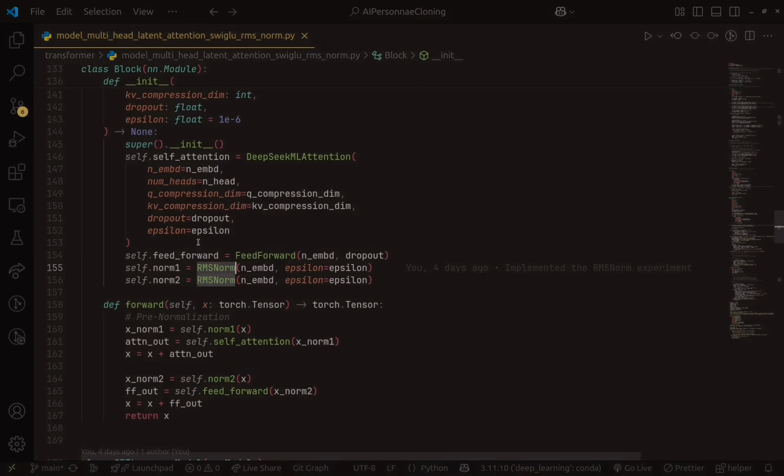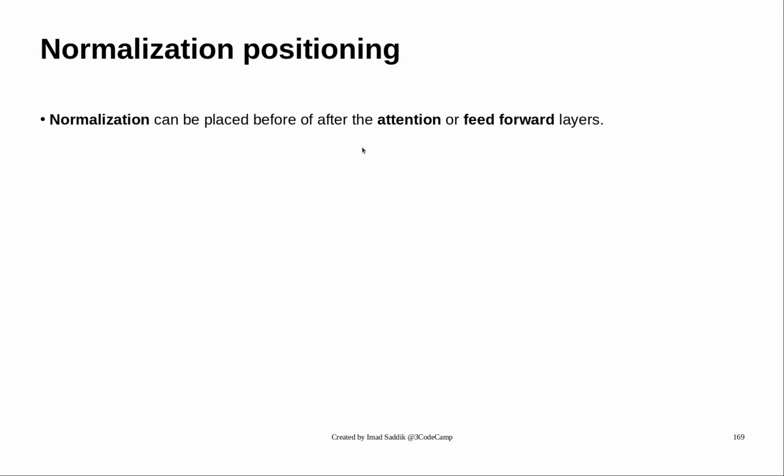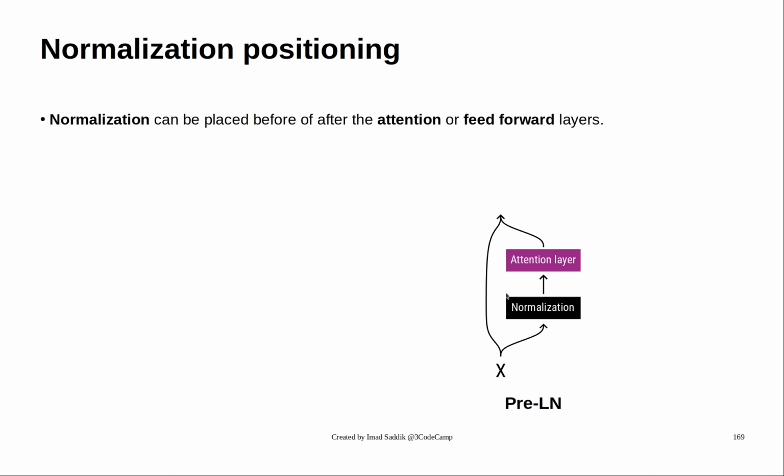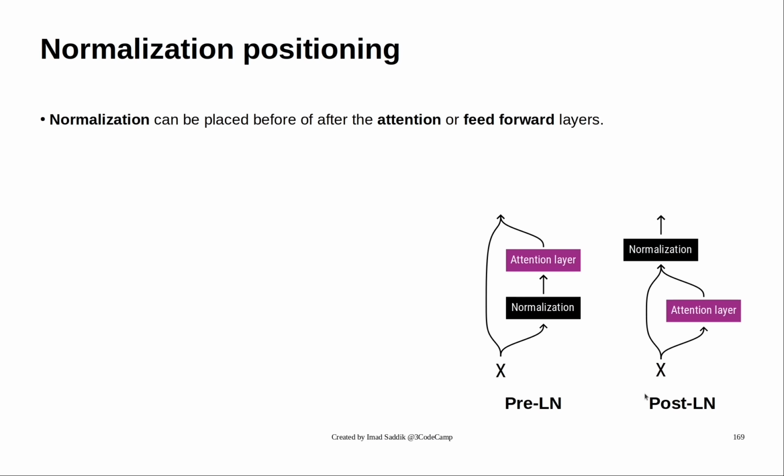Now let's go back to the slides. Let's talk about where to put the normalization layer. We can place normalization before or after any layer. We use special names, pre-layer norm and post-layer norm. Here LN stands for layer norm, but if you use another normalization method, you should replace it with that method. We have seen these diagrams before. Pre-normalization means that the normalization method of your choice comes before the attention layer in this case, and post-normalization means